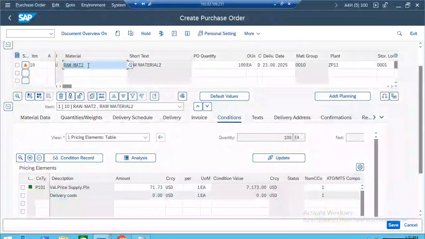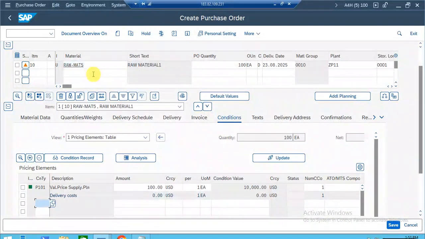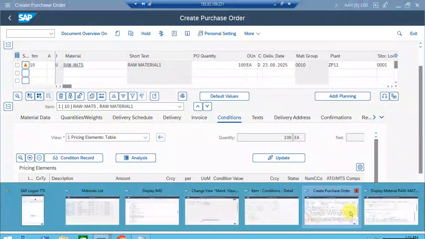Instead of this raw-mat2, I will take this material raw-mat5. So for this material, now what system has determined 100 USD price, right? Now if we open this material in MM03,